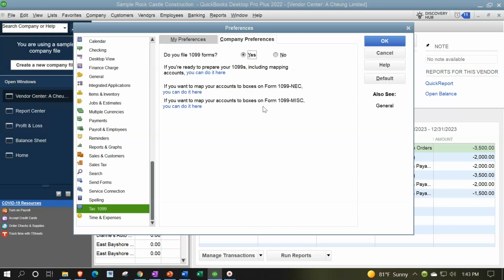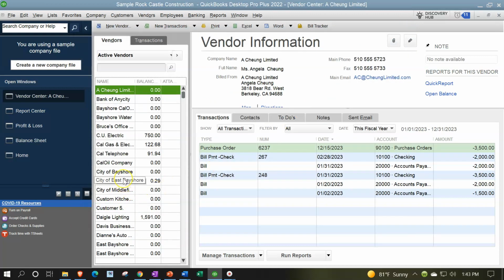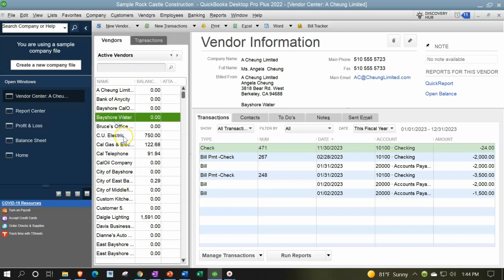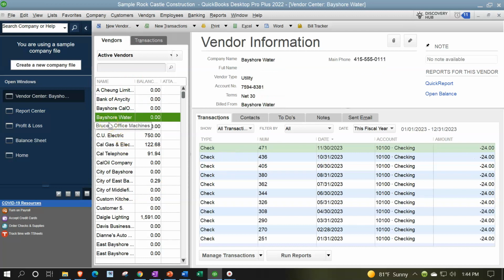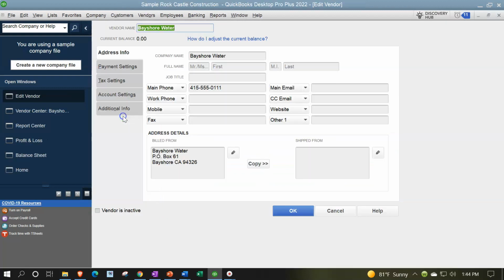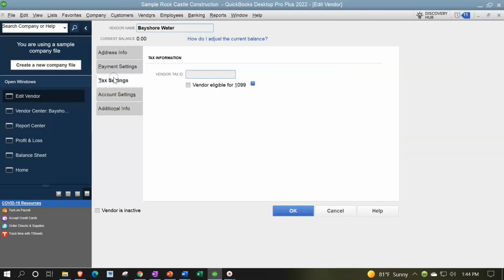In general, what you would need to do then, I'm going to close this back out, is then try to tag your vendors. One way you could tag your vendors is if you determine that a vendor, for example, Bayshore Water, let's say, is someone that we have to then 1099 or possibly may need to if we pay them through the year. When we add them as a vendor, I'm going to double click on them, going into the vendor item. Then in the tax settings,